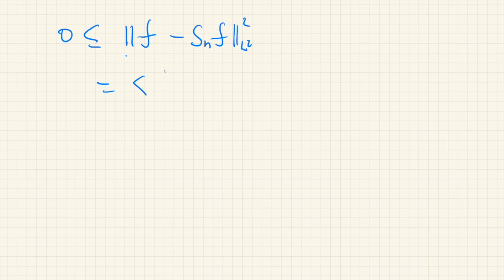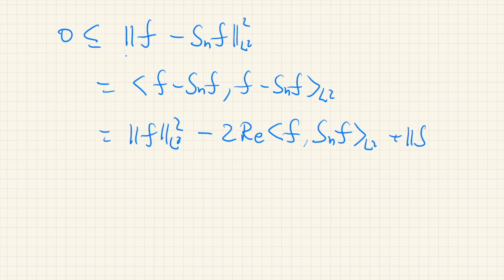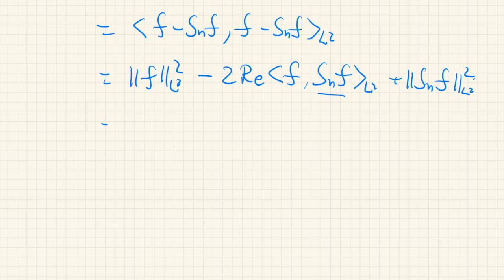So this is the inner product between f minus Snf with itself, and that is the norm of f squared minus 2 times the real part of the inner product of f and Snf in L2, plus the norm of Snf squared. Okay, expanding this part, we have